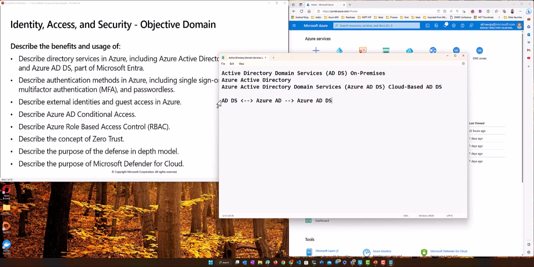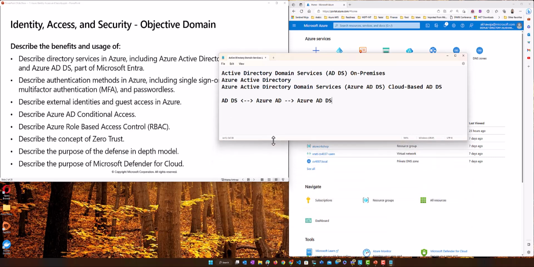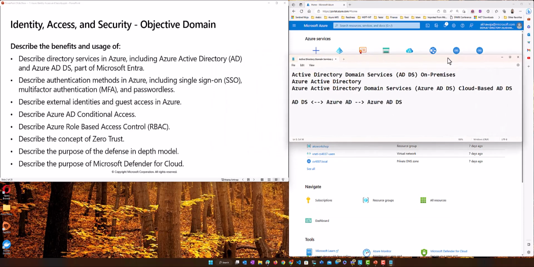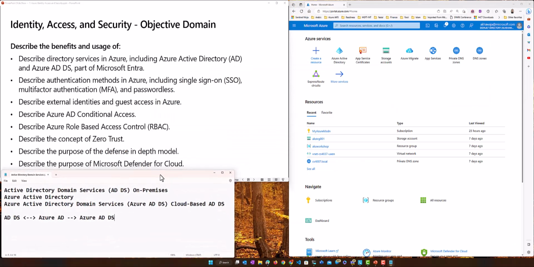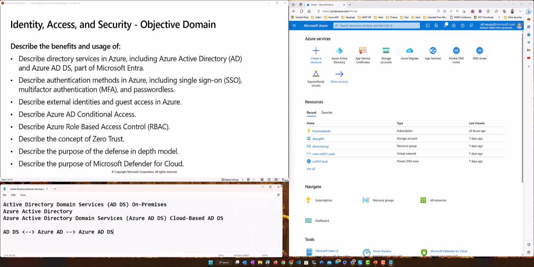इसकी क्या motivations है? What are the motivations? Why we need? That's a separate topic. I don't want to go into those details right now. Main thing is to understand these are the three key things that constitute part of your identity strategy. These are the three main things that we want to have high level idea. We're not going into the details. We just want to get some high level idea of these services. So no need of going into a lot of details about these things, right? But we just want to understand what are the key big things over here. Okay.